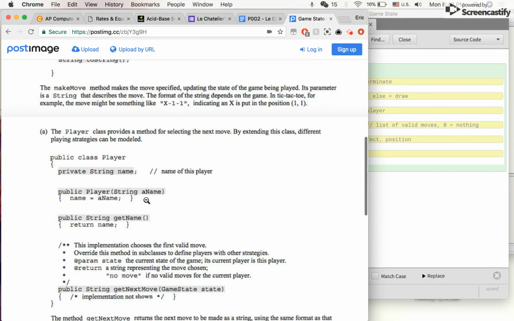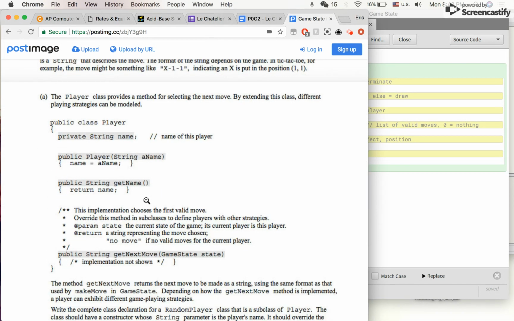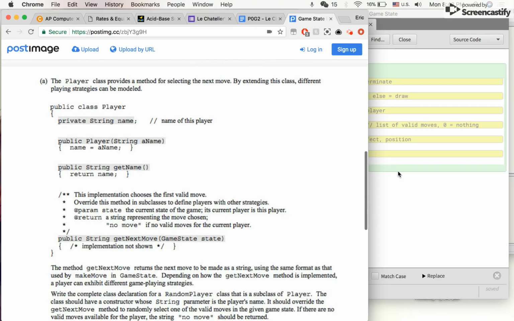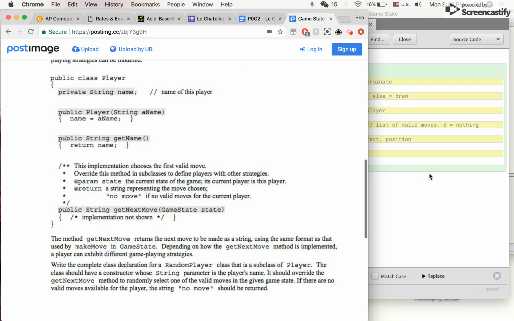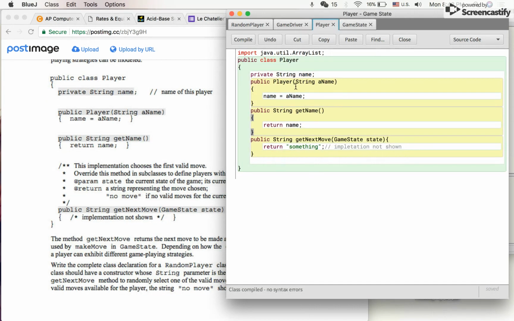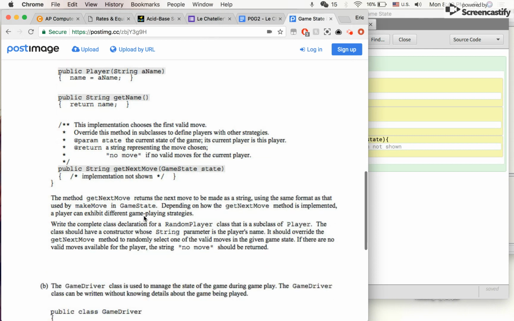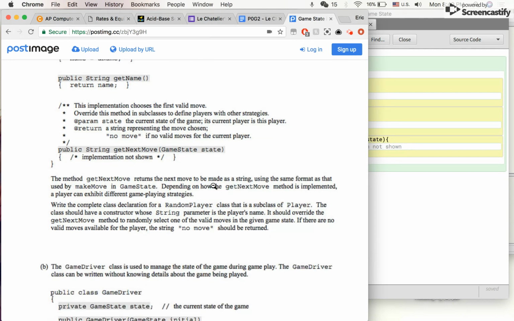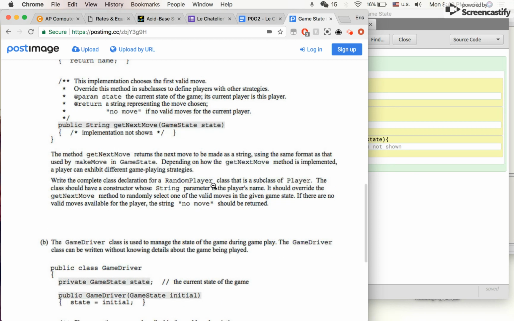So in part A, the Player class provides a method for selecting the next move. By extending this class, different player strategies can be modeled. We have the Player class right here, and at the bottom it has a getNextMove method, and the implementation is not shown, so we don't worry about that. The question for part A asks us to write a complete class declaration for